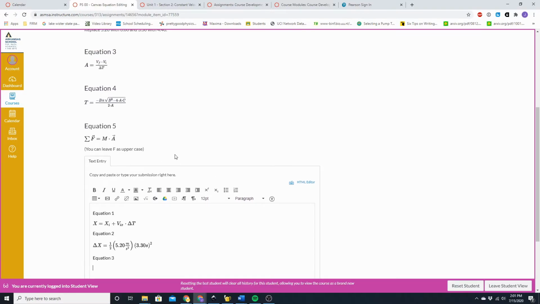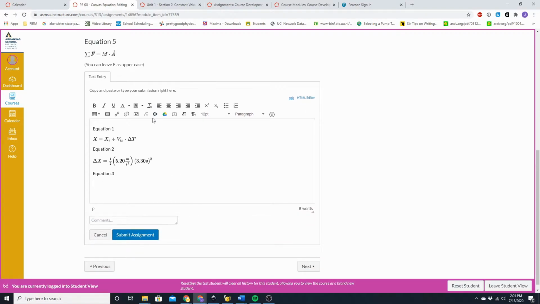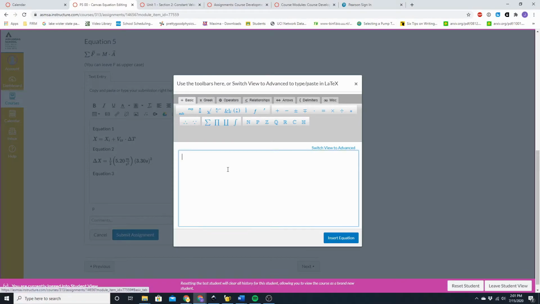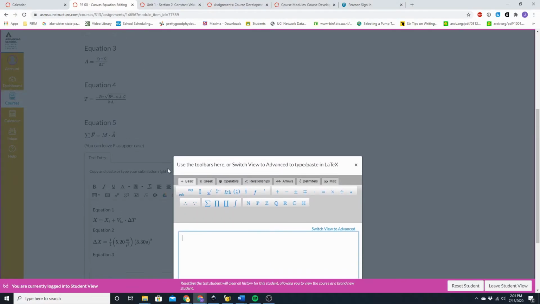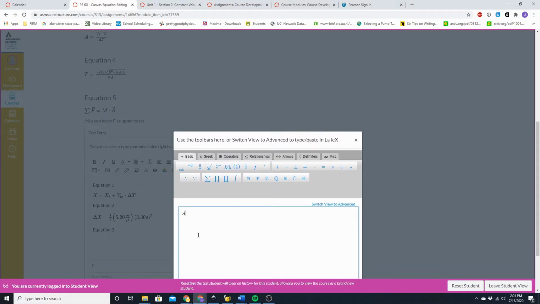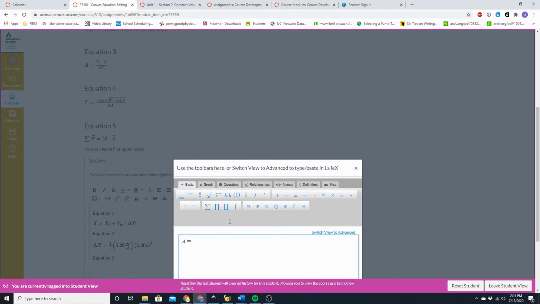Okay, equation 3. So we're going to insert math equation, and we're going to have A equals. In order to write it this way, the way I have it here, we're going to press our template button. And we want V, and then we want a subscript, so I'm going to use the underscore key, and then